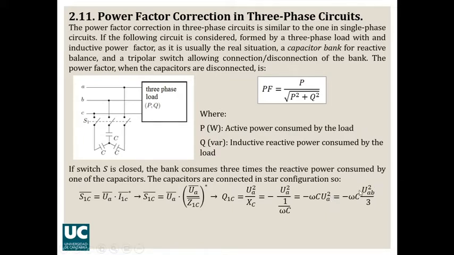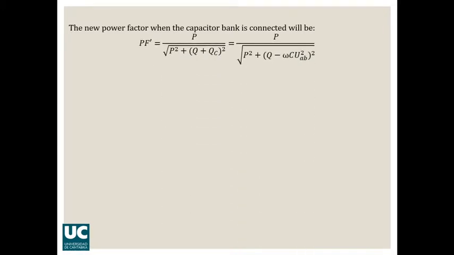If we want to use the line voltage instead of the phase voltage, you will need to use the expression here which relates both of them. As you have three capacitors, then the total reactive power will be 3 times this reactive power, okay? So this is the total reactive power depending on the line voltage. So if we connect the capacitor bank, then we are going to inject this value of reactive power in the system. So we are going to decrease the reactive power that the loads are absorbing by this value.